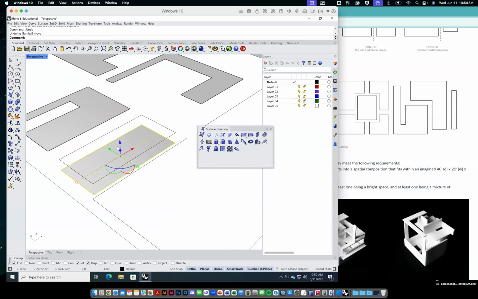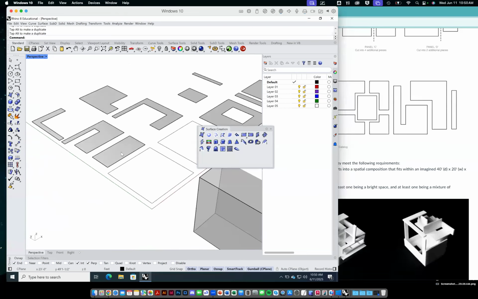So I can move things around that way. You can also see that I have these rotating things as part of the gumball. Since I have ortho snapped on, see my ortho down at the bottom is toggled on, I can move these and rotate these in 90-degree increments, depending on which axis I decide to rotate them, right? So you can use the gumball tools